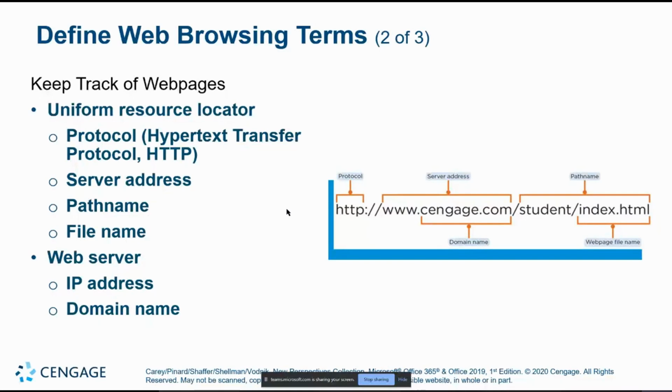And so with that, you have the server address. That is the www.something.something. Oftentimes, you're not going to need to enter www. That's just going to be assumed. The main thing that you need to remember is the